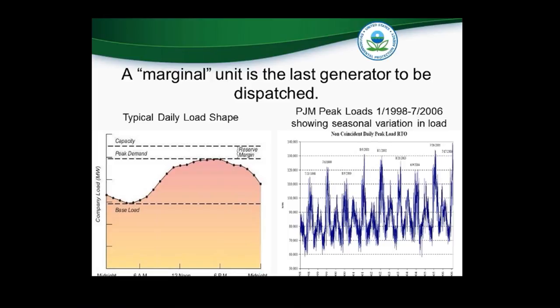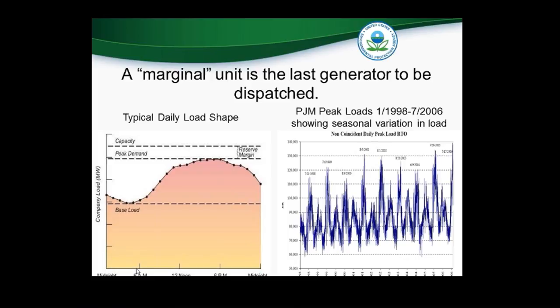Note on air pollution control devices: generally speaking, they tend to be installed on baseload and load-following units that operate many hours per year, and peaking units sometimes do not have very many air pollution controls installed because they operate a few hours a year.